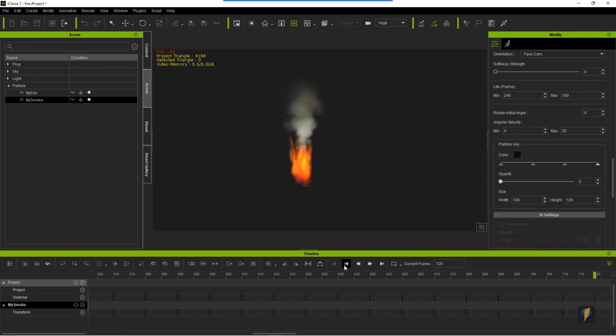Could still use a little bit of tweaking, but I think that learning how to create your own particle systems